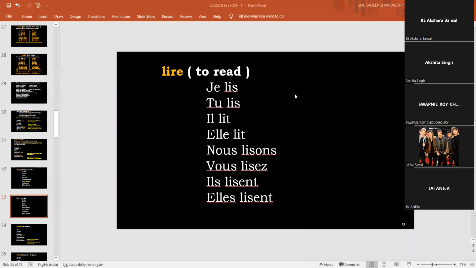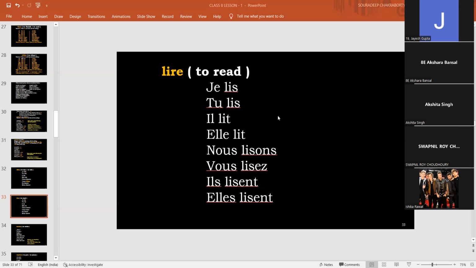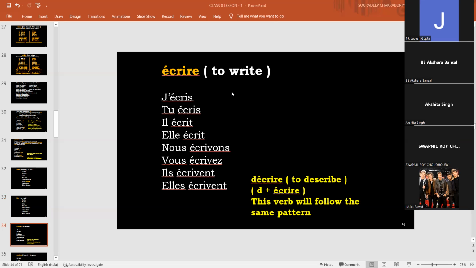Proma, you check. The conjugation that you have sent to us, the vous form, you have written "dubalan", it will not be that, okay? Yes, ma'am. And the rest, those who have sent afterwards, you check. Sir has written, so you can check it. Jayesh Gupta, in the third person plural form, you have not written A-L-L-S, it is A-S. Okay, so we are going ahead to the next subgroup.